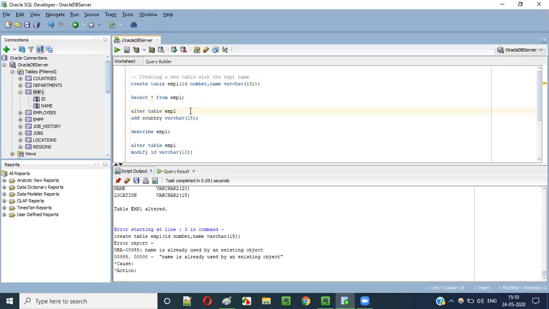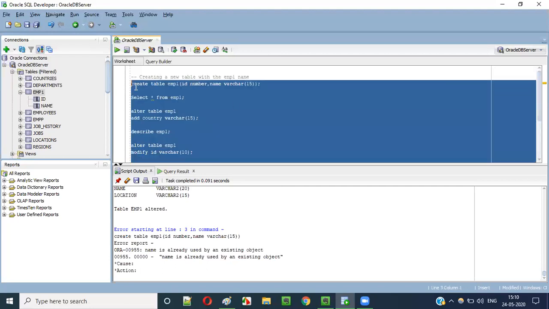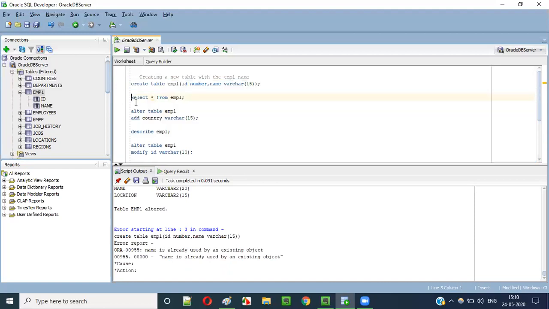Sometimes what happens is I don't want to run a single statement. For example, I would like to run this set of SQL statements, but while running them I don't want to run one statement. For that, I can comment it out. Just add a double hyphen before this SQL statement and it becomes a comment. A comment cannot be executed in SQL. It will be treated as normal text and will not be executed.